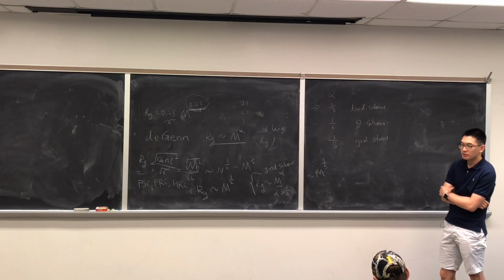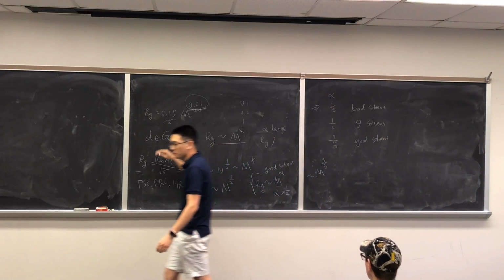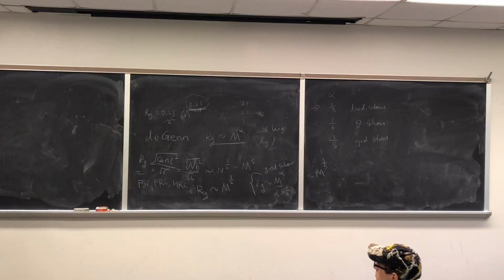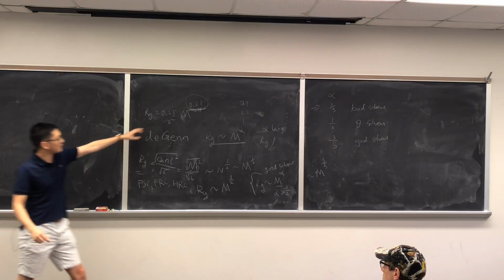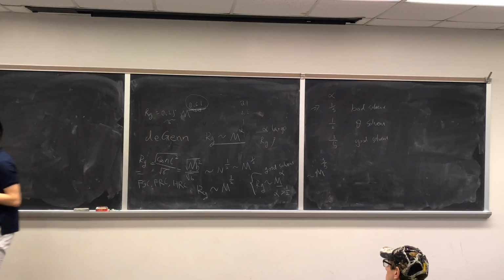So this is an example by someone famous enough. He got a Nobel Prize in polymer physics in the early 90s. I don't remember the exact date, but this is a rather simple concept because you don't need to worry about all the numbers or the prefactors or what this value is. You can directly use a simple scaling concept to understand that. So with that,